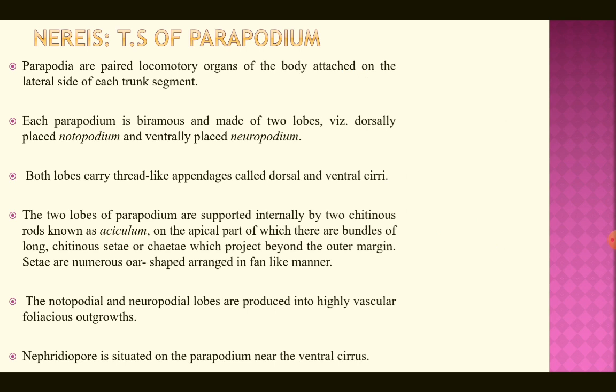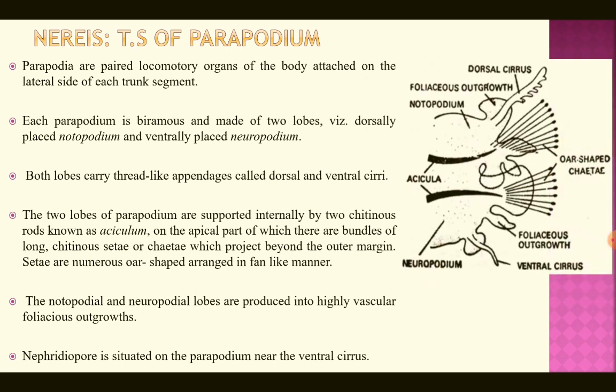Now let us learn the structure, or the TS, of the parapodium, which are the locomotory organs of the body attached on the lateral side of the trunk segments of a Nereis. Now if you remember, in the first segment, the peristomium, we said parapodia are absent, and from the next segment onwards you find these parapodia. Now each parapodium is a biramous structure. Bi means two, ramus means branch, so it shows two main branches, so it is called a biramous structure made up of two lobes,